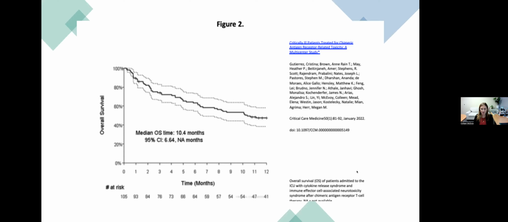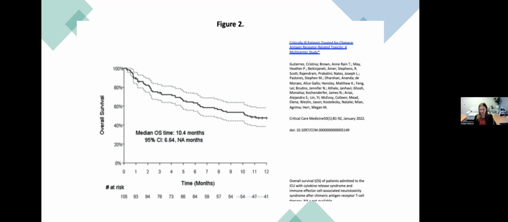This is looking at overall survival of about 10 months. Now, when we look at overall survival, many people that I've talked to outside of those that treat CAR T patients think 10 months is not that long. Well, these are patients that were relapsed and refractory and really had no other lines of therapy and were otherwise going to die. So 10 months is actually a really impressive amount of time. And again, that's why we find this to be a really fantastic therapy